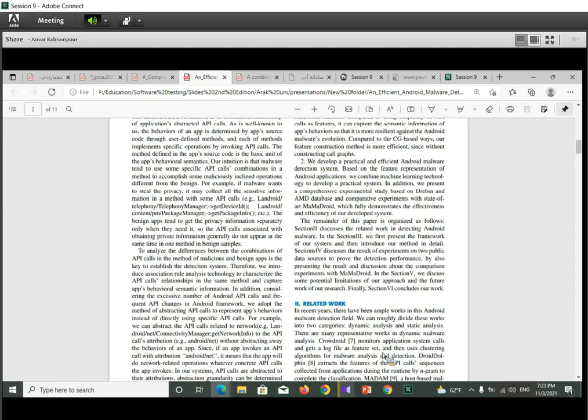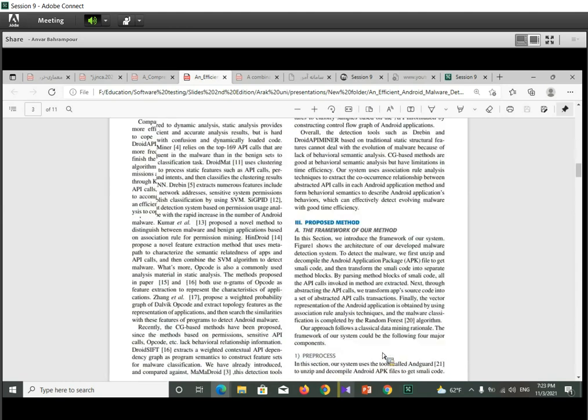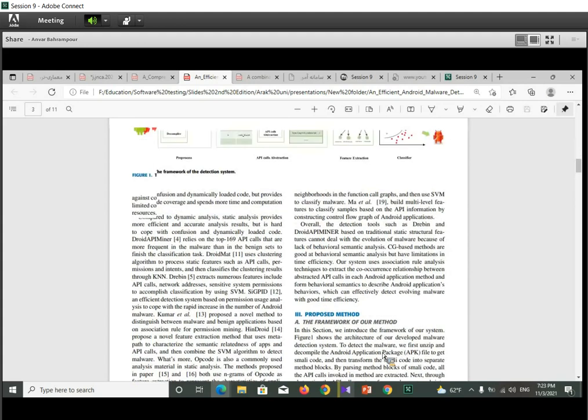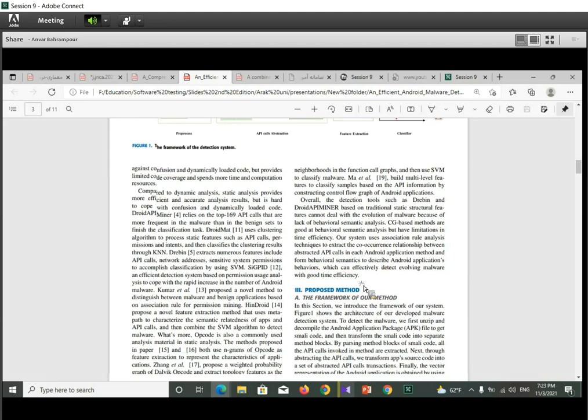In some papers there is no need to read the related work, so you can skim this section and go to the proposed method at the third part of the paper.